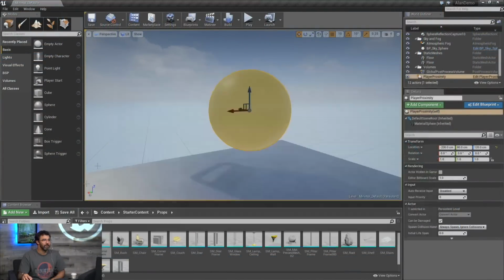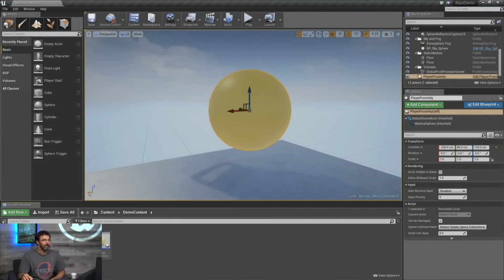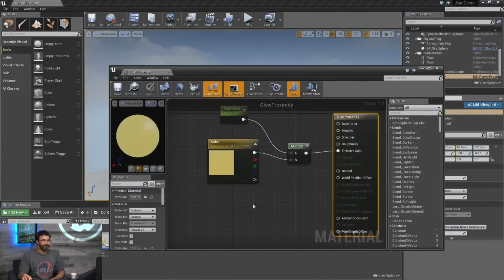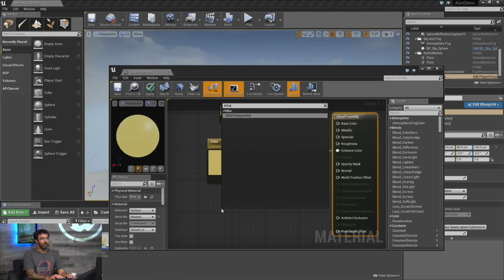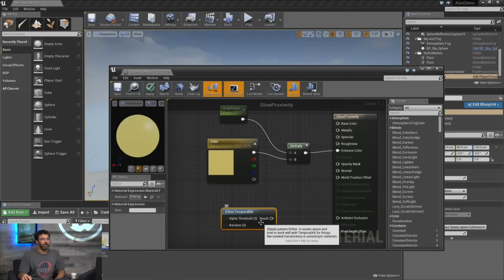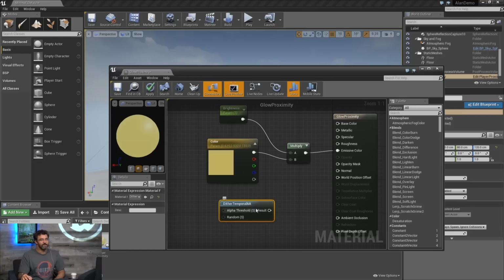So inside of my material, and we'll just overload the material I already created. Right now this is an opaque lit material. If I change this to masked and use my dither temporal anti-aliasing, this will leverage the temporal anti-aliasing's per frame jitter to let us have a mask that